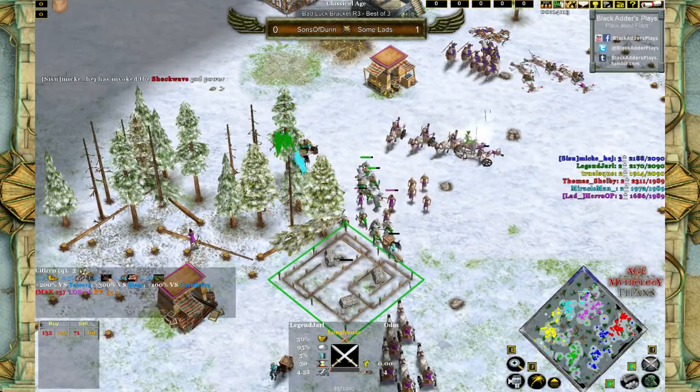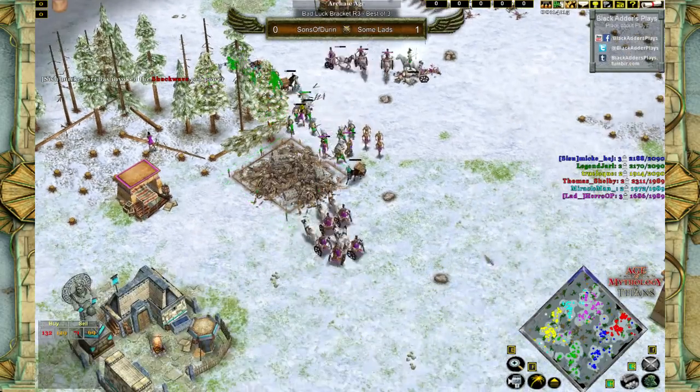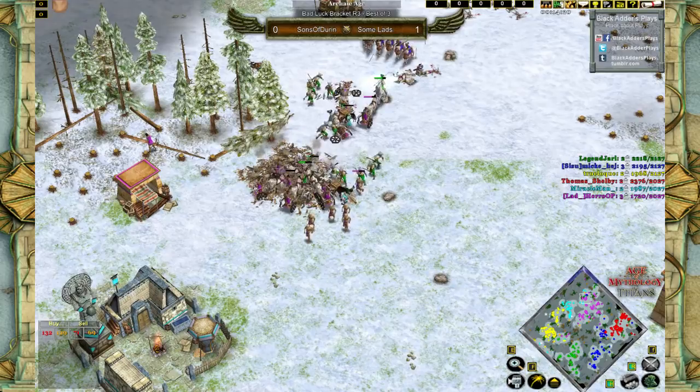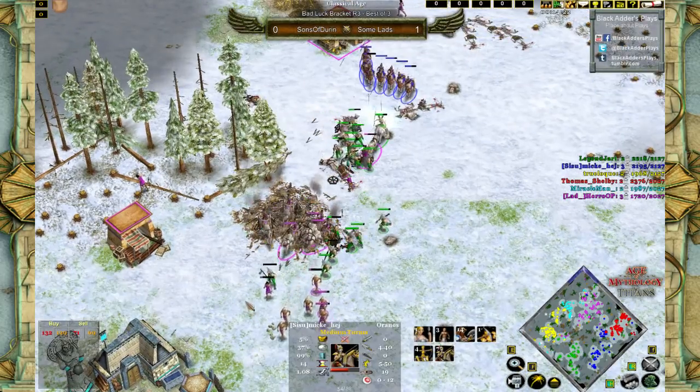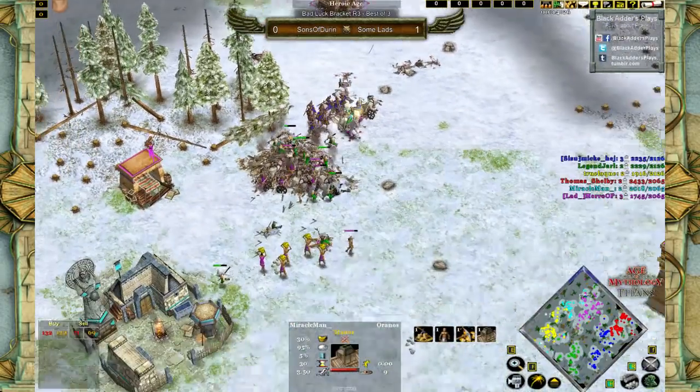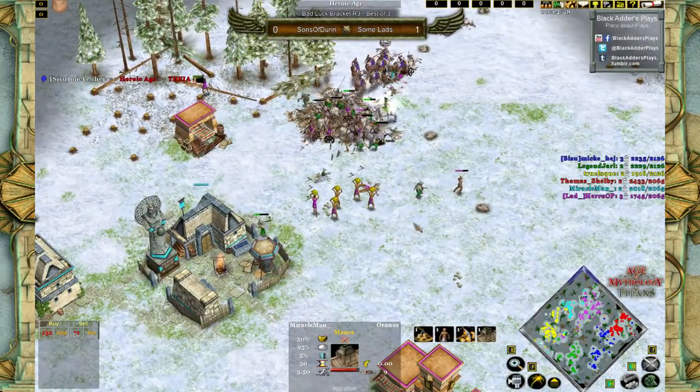Nice path block at the last moment. Oh well, that was nicely played by Legend Jarl, and he is going to be killing the villager or not? He is. So 4 citizens right now for Miracleman are dead. That's a pretty huge blow, and of course gold gathering is disrupted, and also market building for Miracleman, so pretty big